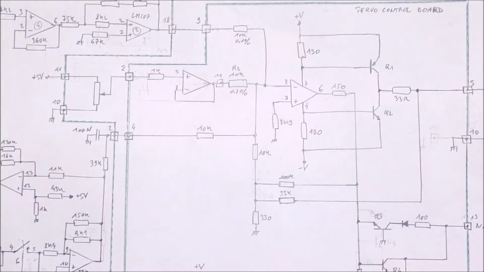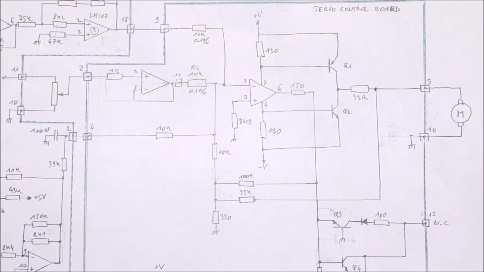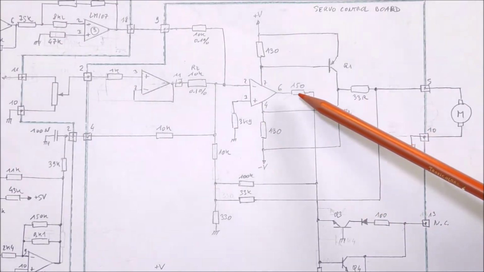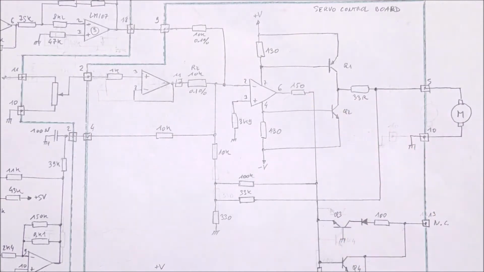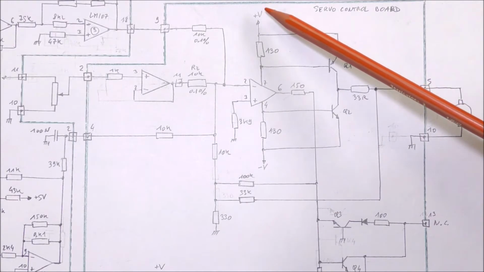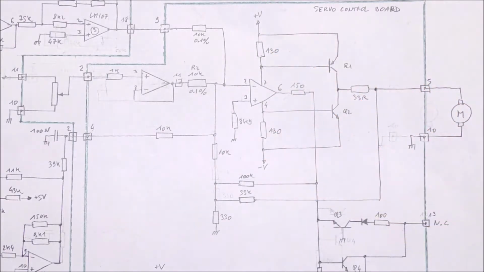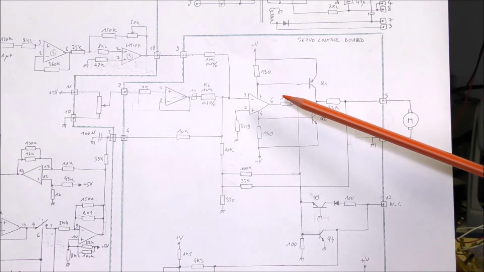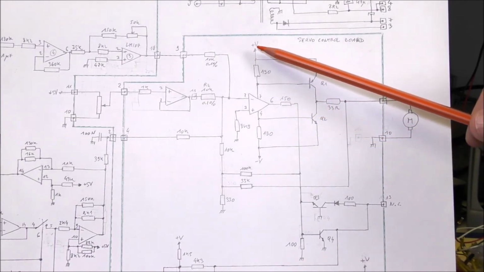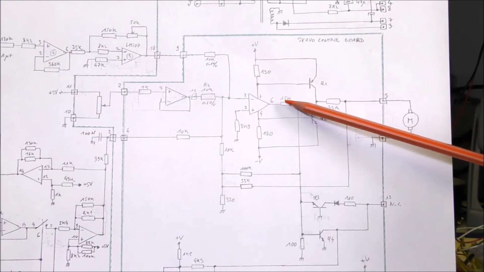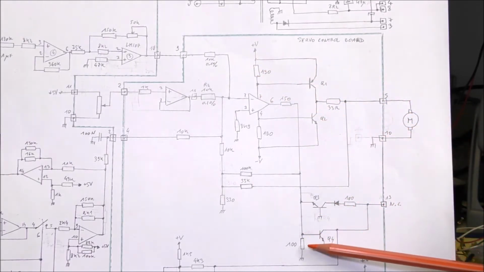Let's have a look at the servo control loop first. The error amplifier is here. As you can see, the output of this op-amp is not used. The signal is not sensed at the output, but on the current which flows on the power supply rails. When the output of this amplifier is positive, there is a positive current which flows from the positive power supply to the ground through this resistor, this one, and this one.